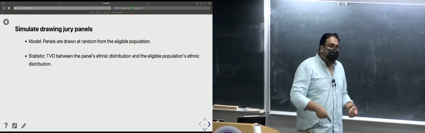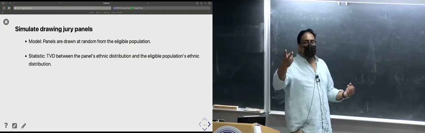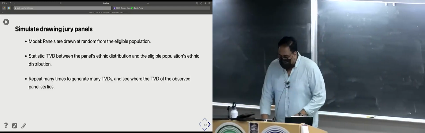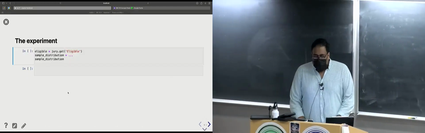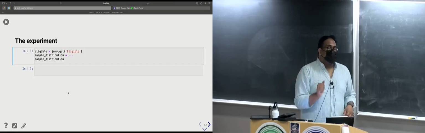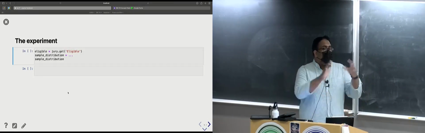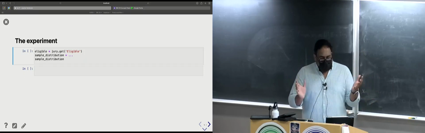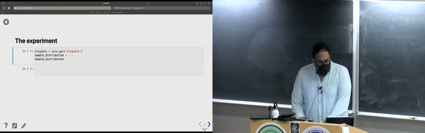We draw another sample, we compute another TVD, that'll give us another test statistic. We do this over and over and over again. We'll get a distribution of test statistics, and then we can see where our observed test statistic lies in that distribution. So the only new part of this demonstration is the fact that our test statistic is new. Nothing else is new. Okay, so how do I actually simulate